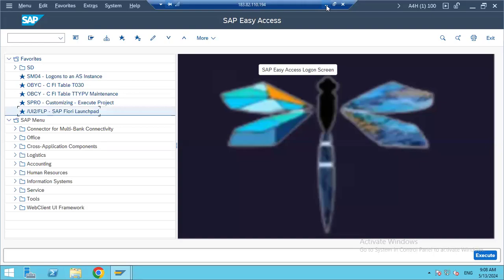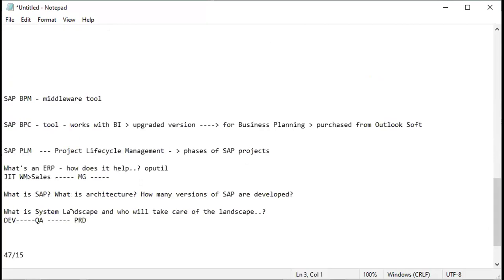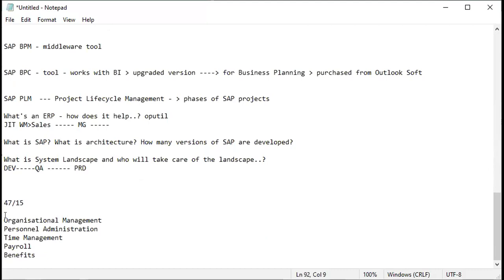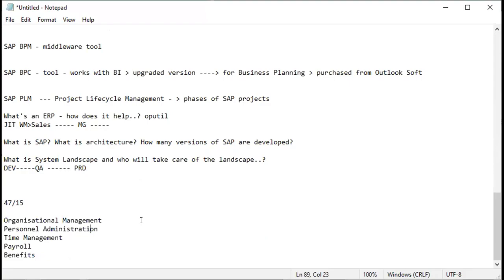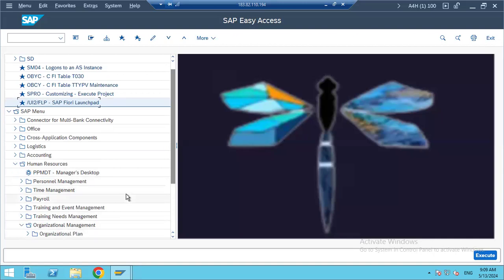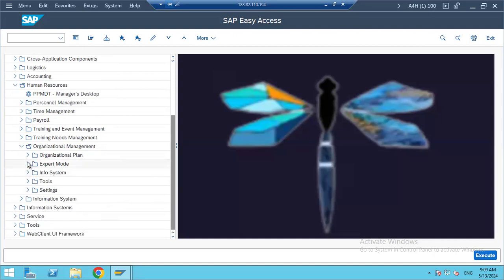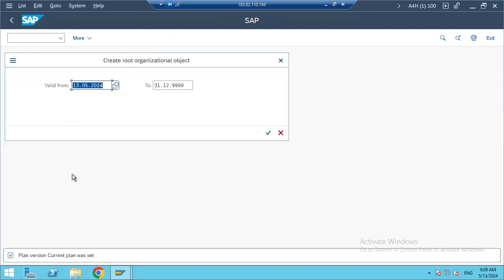Start from our lecture number 3. Before we start from here, we will see what we are going to see in SAP HCM. We have organizational management. In organizational management, we have organizational plan, organizational staffing, and if you look at this, this is basically